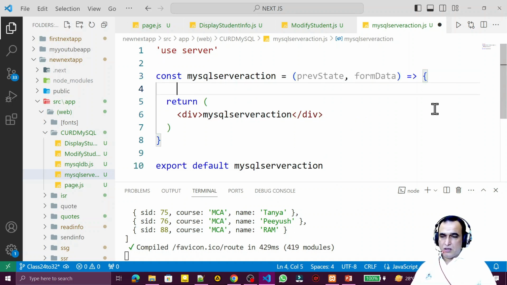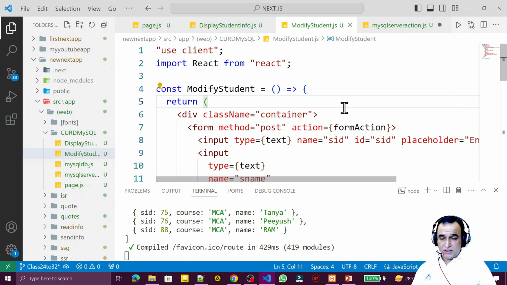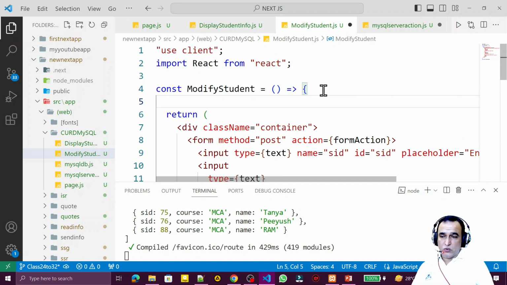Remember this. Now this MySQL server action that we have to use in modify, but directly we can pass it here also, but it would not confirm whether the data is inserted or not. That's why we have to use hooks. For that I'm using two hooks. So I say const, here I say pending. First hook I'm using, that is